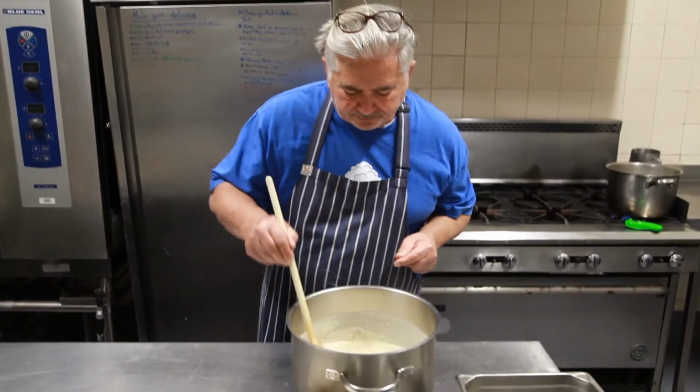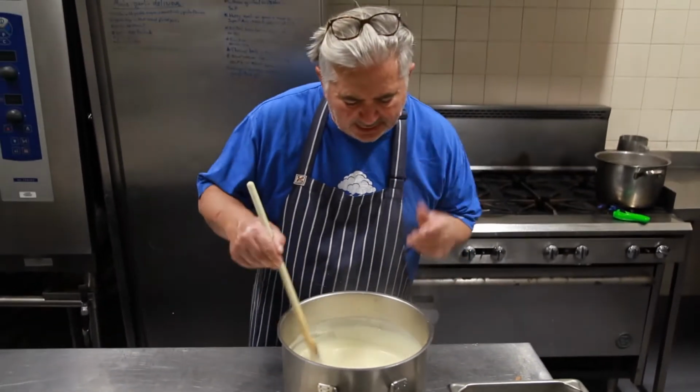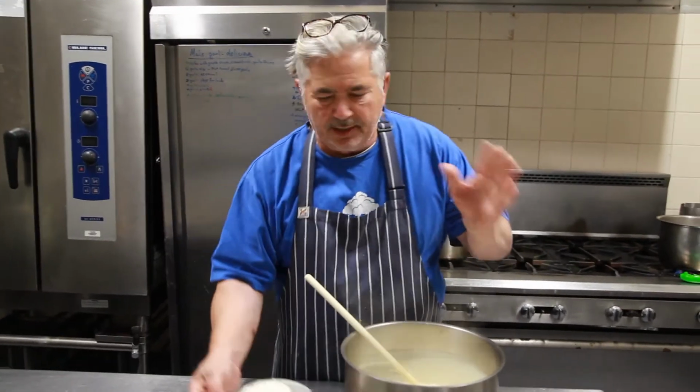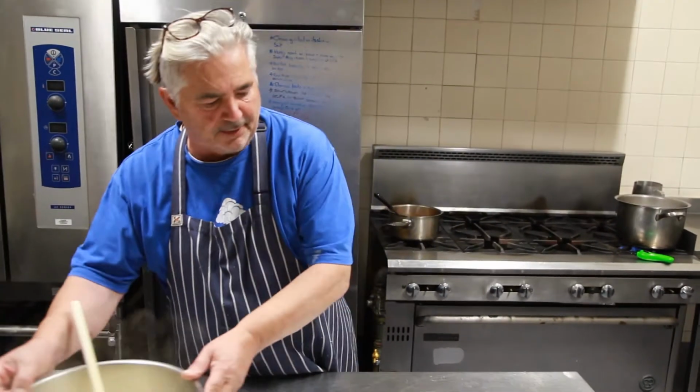And there it goes. Lovely aroma, lovely aroma. It really is critical in a good lasagna. Okay, let's push all this stuff aside and we can make ready for the lasagna, which I'm going to